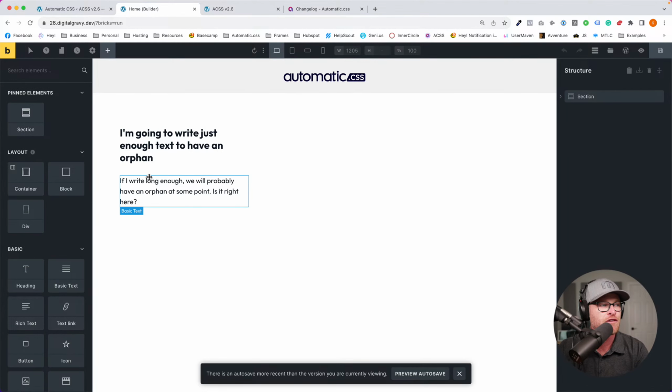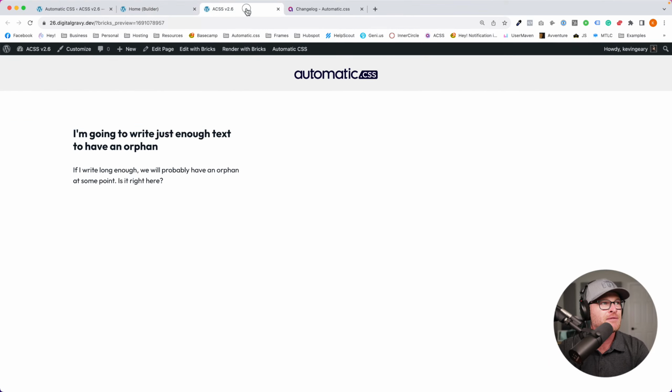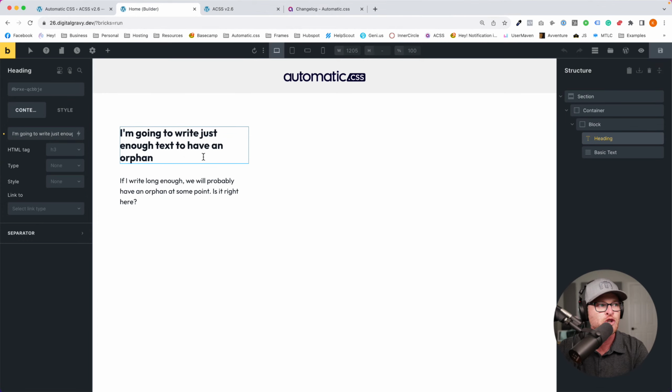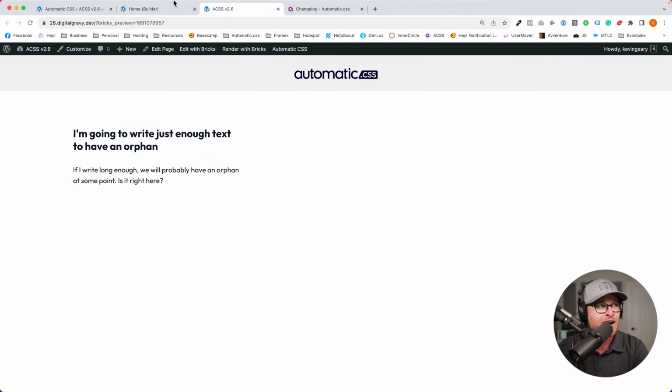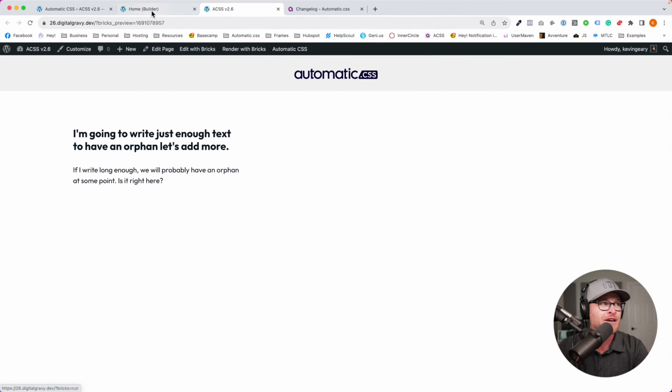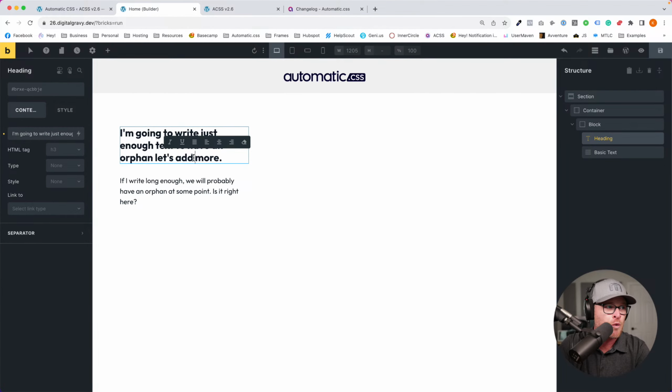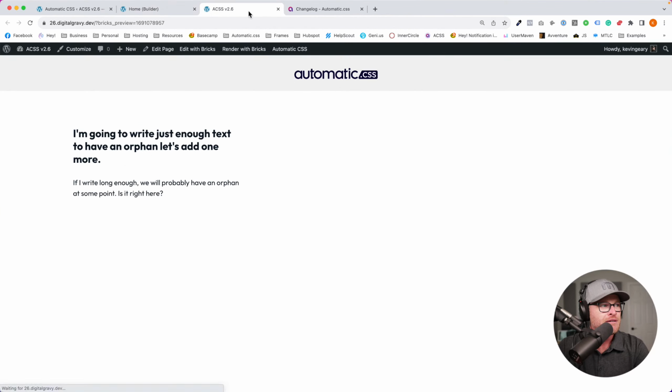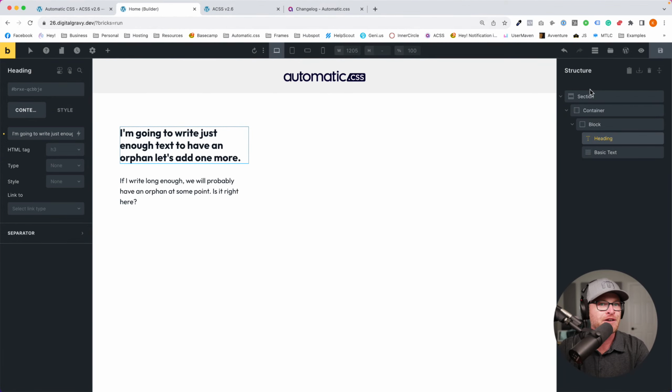There's an orphan, there's an orphan. And you're like, you know what? Let me look at this one. See, this is the downside of having the screen resolution zoomed in, okay? All right, Derek, this is the downside right here. I'm not seeing in the builder what is actually happening on the front end. Okay, so let's add more. Now we have to save, and we gotta go to the front, and well, we still haven't gotten one. Let's add one more. Gotta really work for some of these orphans here. There we go. Okay, we finally got an orphan.